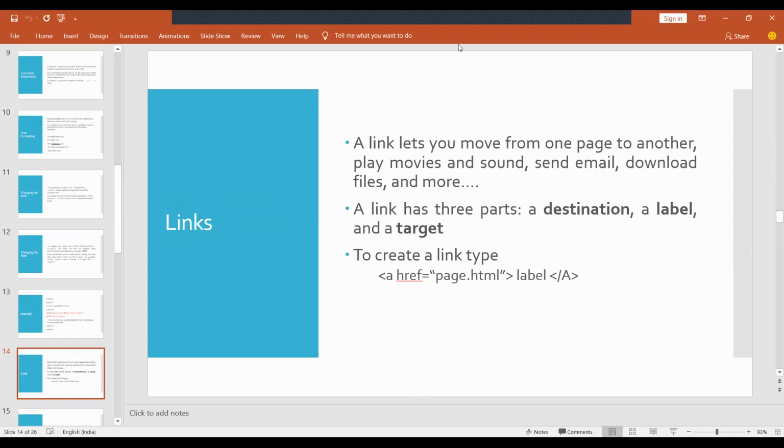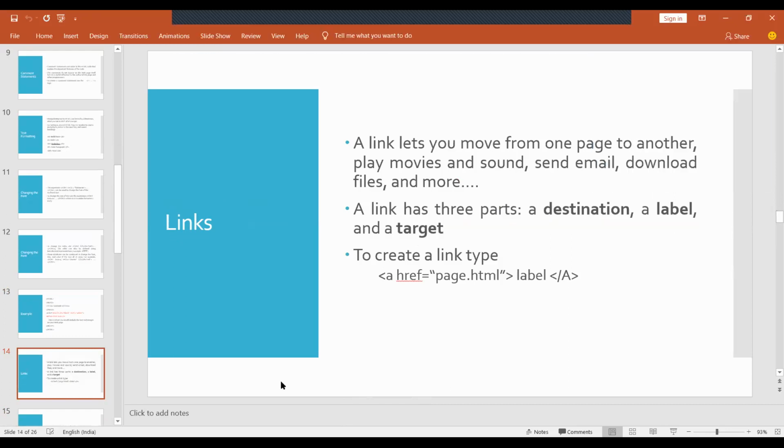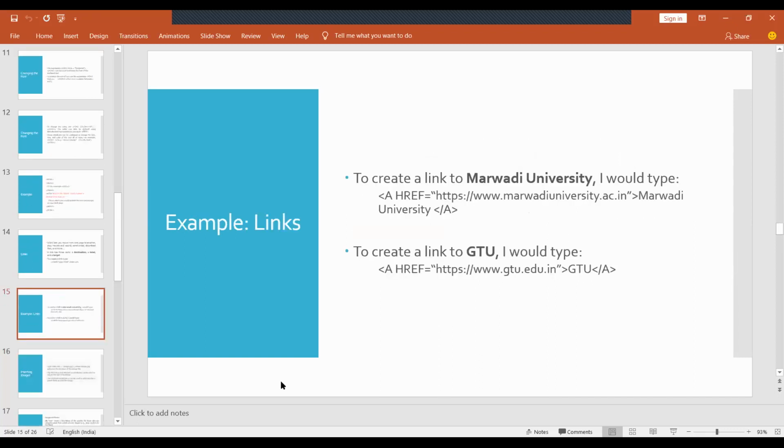Now the next tag we have is the link tag. In the link tag we have a reference that we call href. The meaning of href is hypertext reference, where you redirect from one web page to another web page, and you can see the example of that.